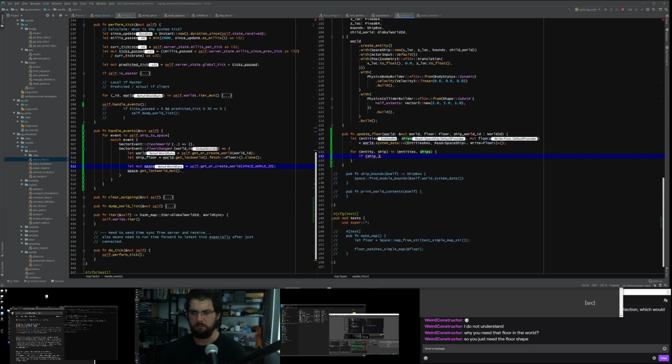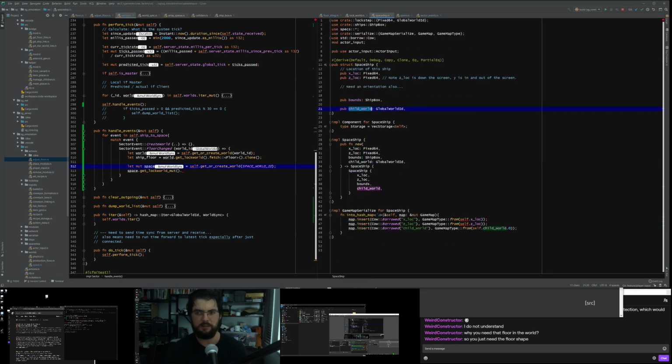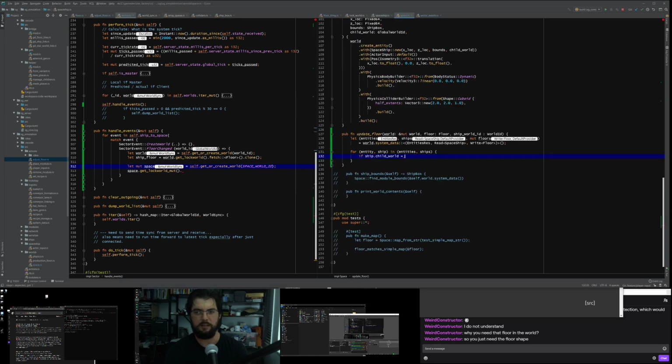Once we match child world, we've found the one we want to change the floor of. So it's a nice linear scan. It's not always the highest performance option to try reading every single possible value you've got. But if you actually have a look at how component systems work, the data that contains this is packed together quite closely, and so a linear scan won't take very long until we have a lot of ships. So that's not too bad.